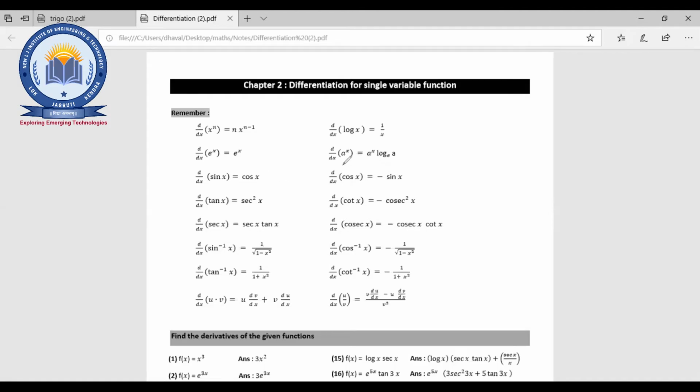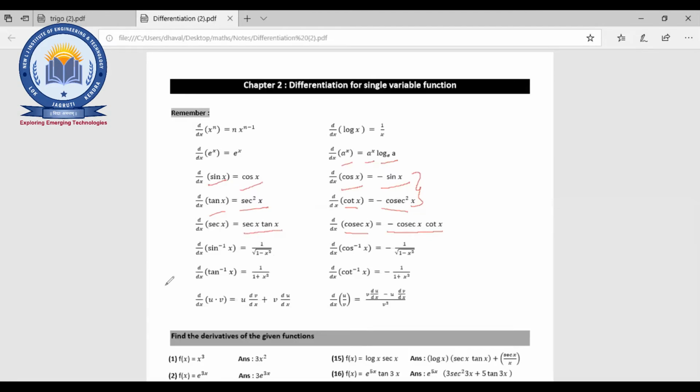Okay. Now, a raised to x, so a raised to x log a. Now, sine and cos are simple ones. Differentiation of sine x equals cos x. Differentiation of cos x equals minus sine x. Now, d by dx of tan x equals sec square x, right? Now cot, then it will be minus. So for cos and cot, the answer is supposed to be minus. Whenever it starts with a C, you can remember it that way, you'll get a minus answer. Same way cosec x, so minus cosec x cot x. Sec x, so sec x into tan x.